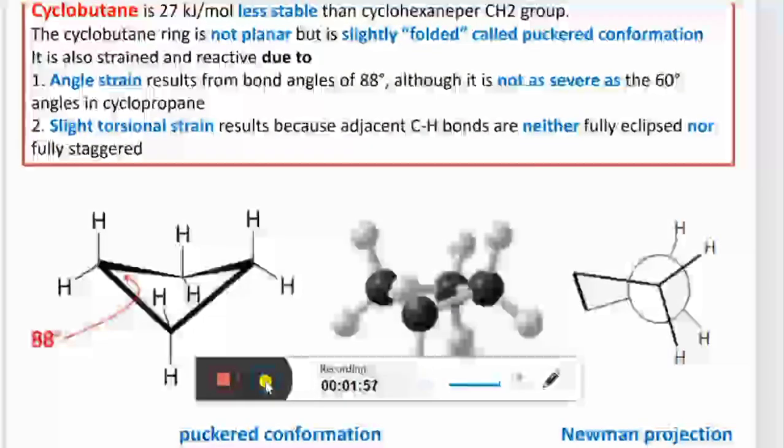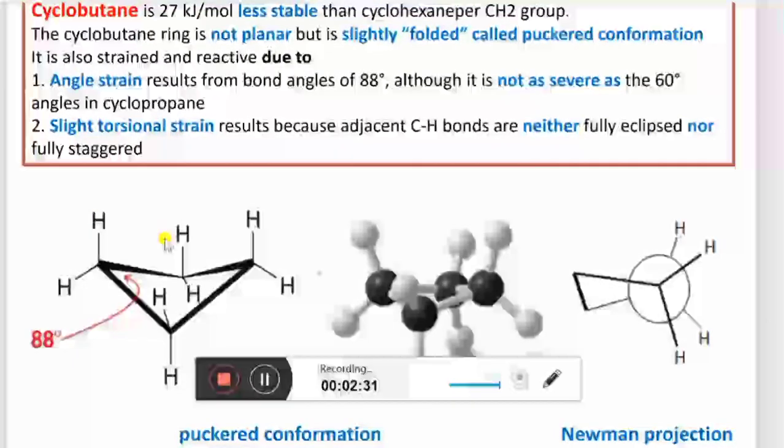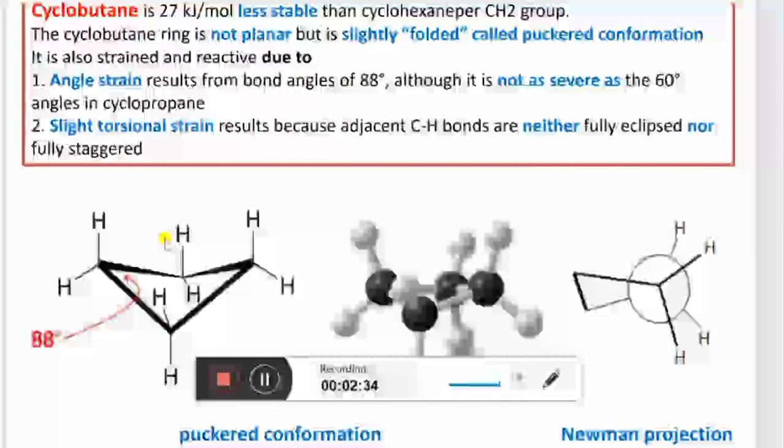It means that if we calculate, for every carbon you can divide that 19 or 21 by 2, so that much will be contributed by each carbon, because usually the angle is subtended by two carbons. For instance, for this angle, these two carbons are responsible. So how much is every carbon contributing towards the angle strain? You can calculate that. Apart from that, you can also see that there's a torsional strain or steric strain even in this structure. So this is not free of angle strain or torsional strain.